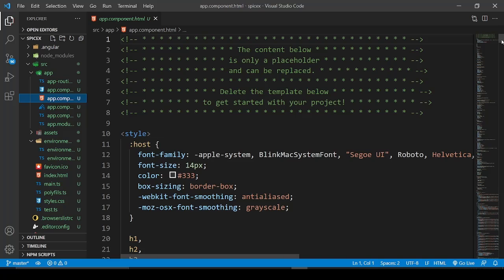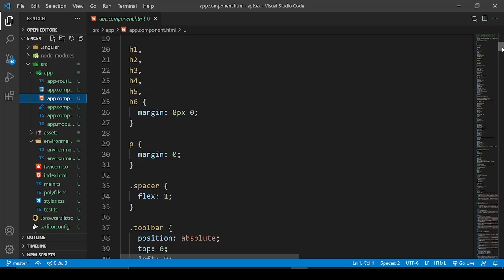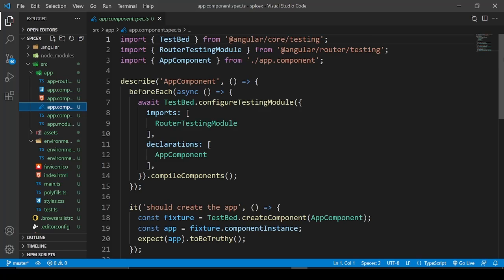Next we are going to see app.component.css. Like styles.css, it is also a base CSS style sheet for the root app component. Then next one we are going to see is app.component.spec.ts. Unit tests for the root app component are listed over here.